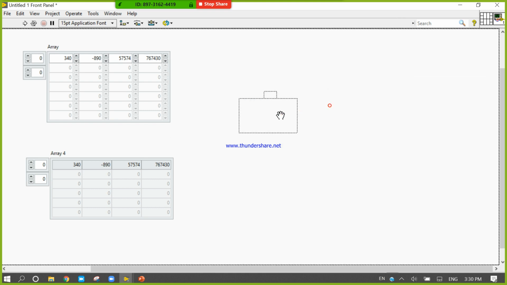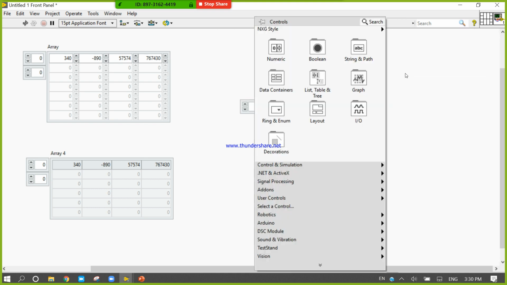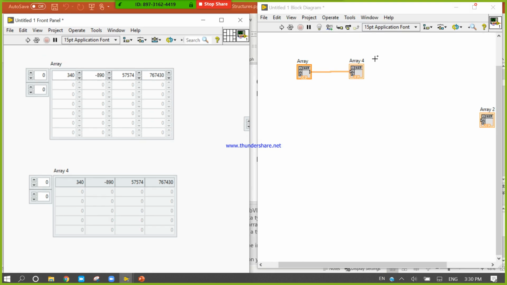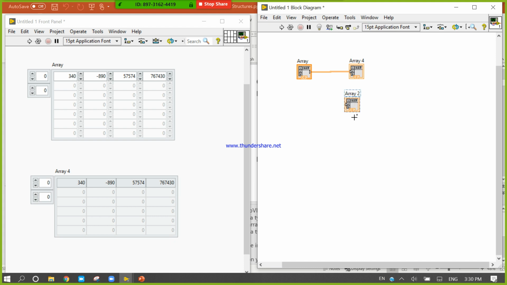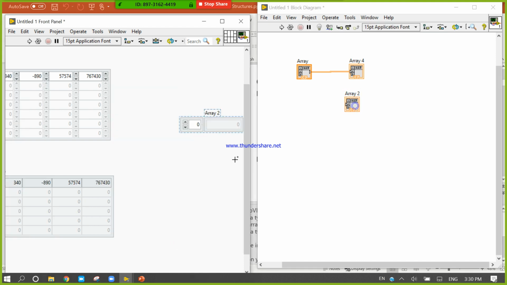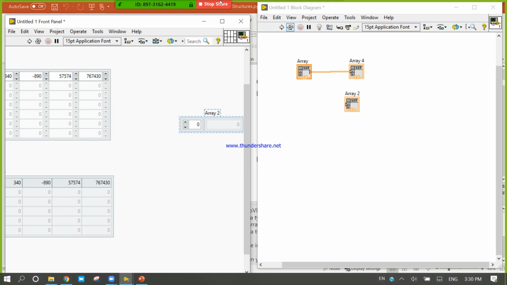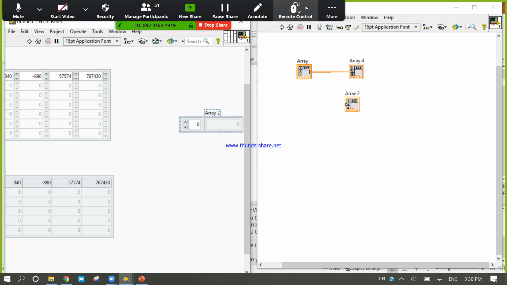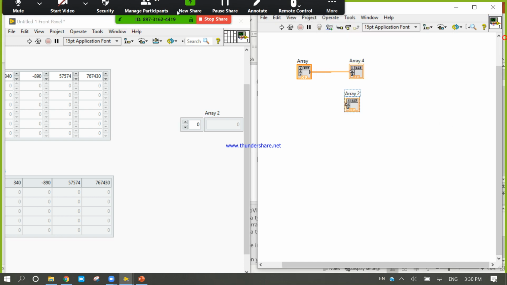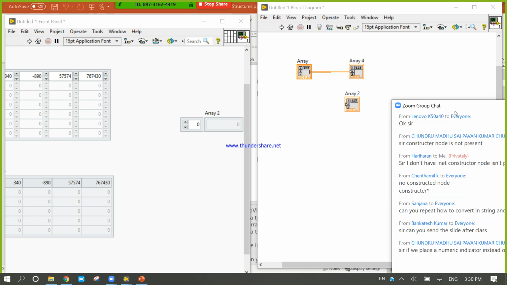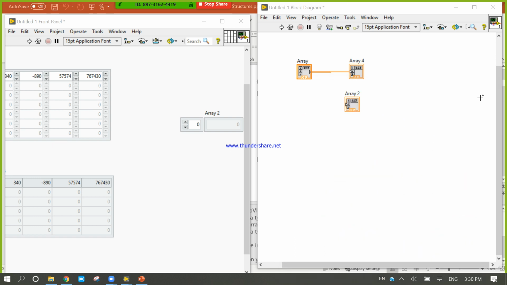Let's check it. Take the numeric control, the array, and take the numeric indicator and place it. So now you can design array indicators, not array controls. Okay, now this problem is solved also.